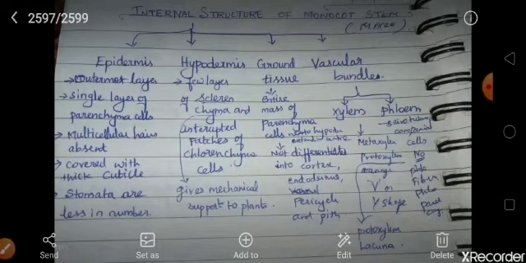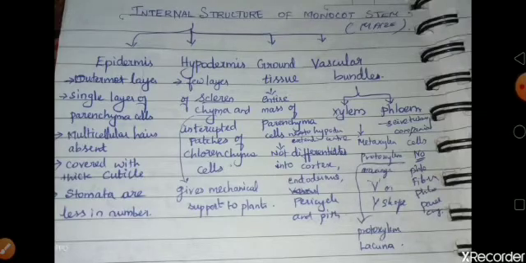Hypodermis is made up of a few layers of sclerenchyma cells, and also interrupted patches of chlorenchyma cells can be seen. That is, it also contains chloroplast. The sclerenchyma cells are meant for the mechanical support of the plants, and the chlorenchyma cells are meant for the photosynthesis process. Next comes the ground tissue.